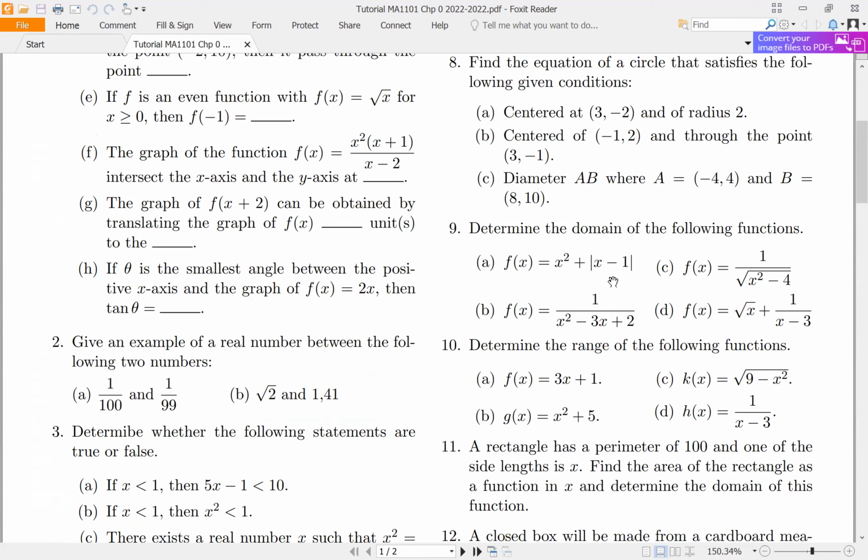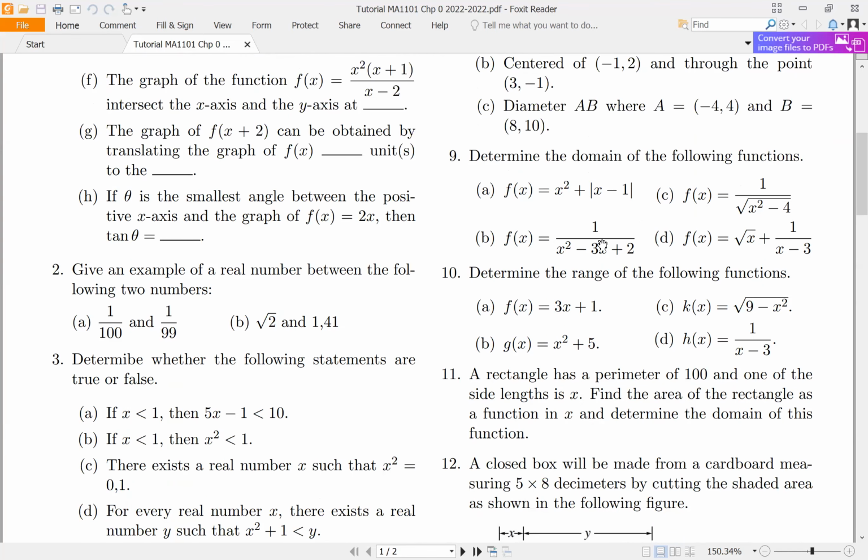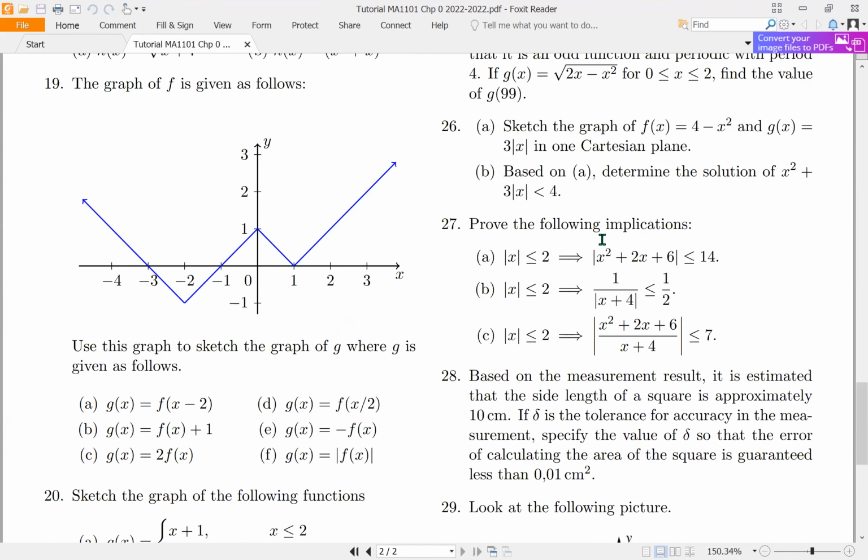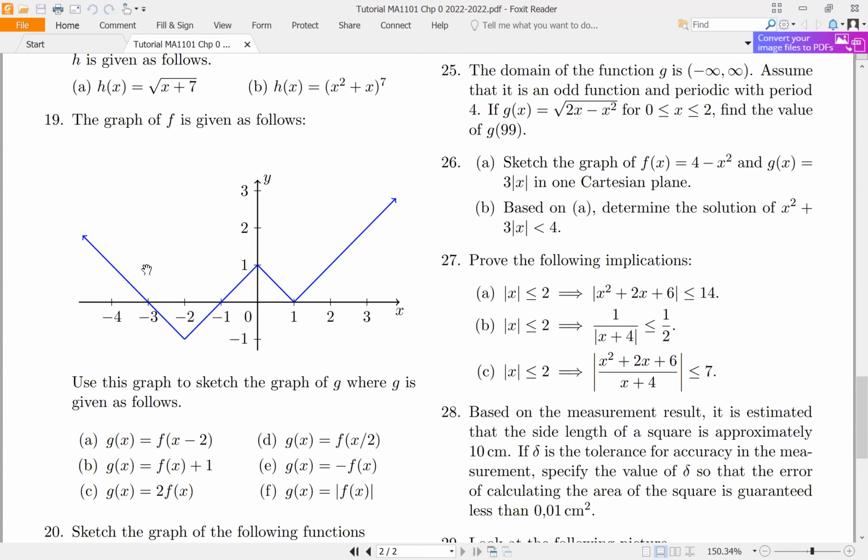If you are given an elementary function, then you should know how to obtain the domain. Then if you want to consider the translation with respect to the x-axis, you have to know how to translate the domain of the function. It's a type of number 9 or 10 here. Or if you consider, let's say here, number 19,